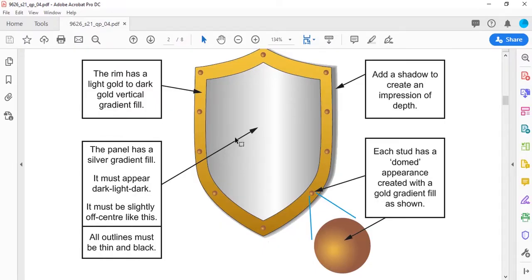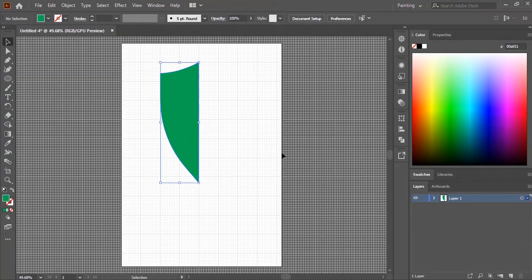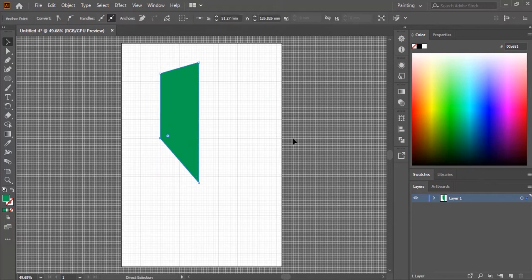This one looks a bit elongated here on this side, so let's correct that. To do that, I'm going to press Ctrl Z so that I get back to this particular position, and I'm going to use the direct selection tool once again. Select only the bottom corner and drag it up a little bit. And then I'm going to select this corner once again and drag it all the way in, not too much, just a little bit like this,